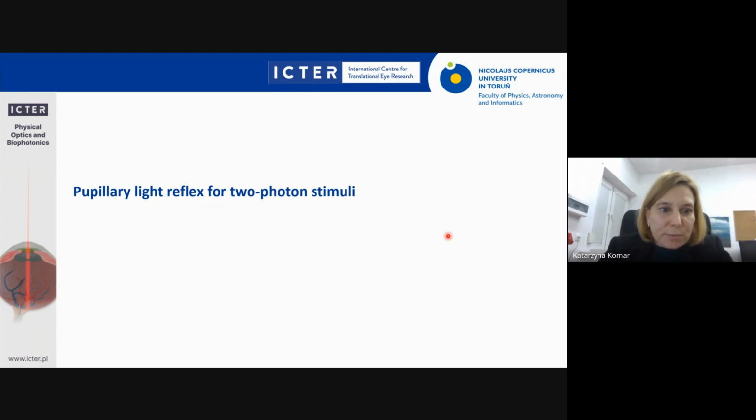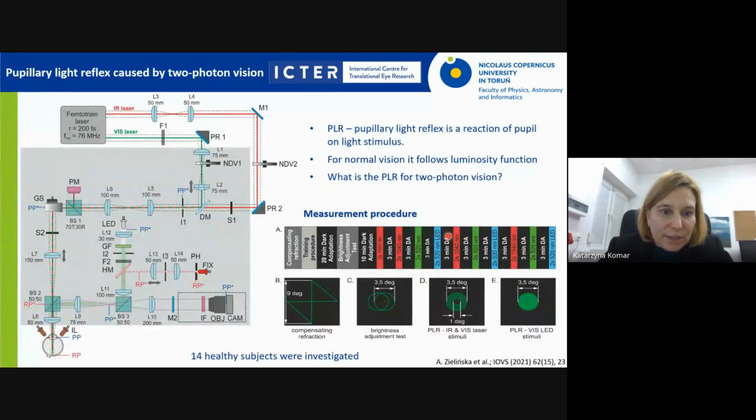And at the end, maybe I've got several minutes to also present something slightly connected with the others, which is pupillary light reflex for two-photon stimuli. We also measure it because it is something which could also characterize the response of the visual system to light, and we would like to know if this response is similar or not similar for 2-photon stimuli in comparison to 1-photon